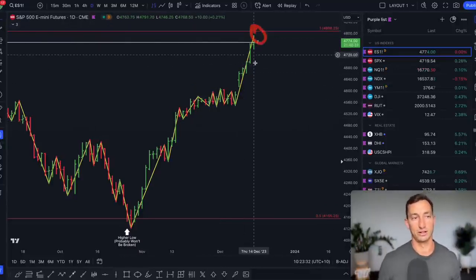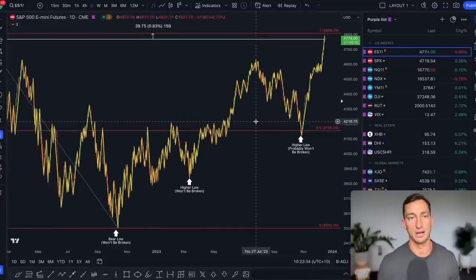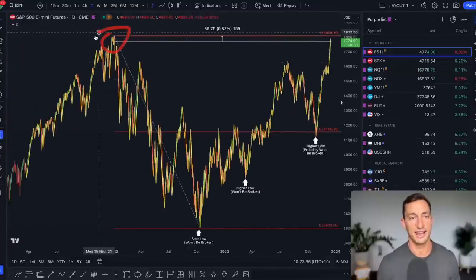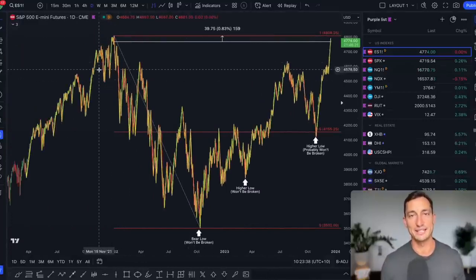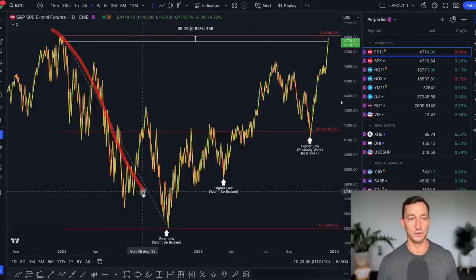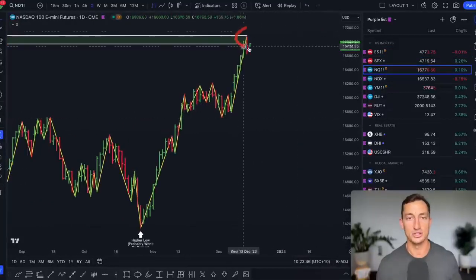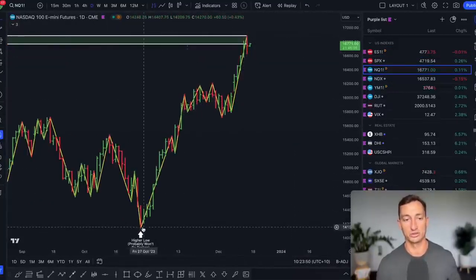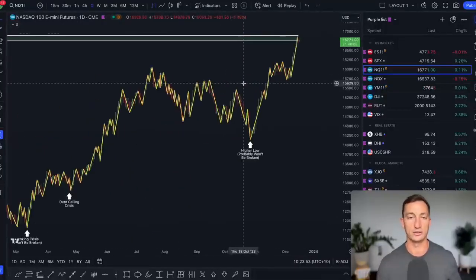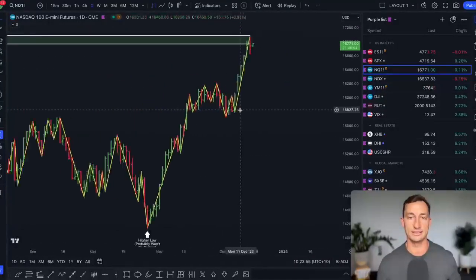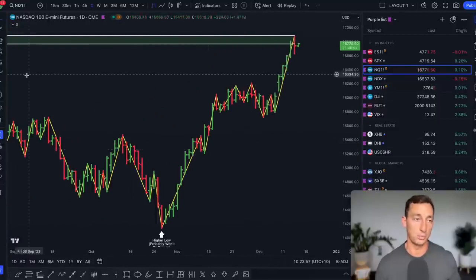We are very, very close to a new all-time high on the S&P 500, and this is basically against what everyone has been waiting for. They're all waiting for their recession, and the market's nearly at new all-time highs. The NASDAQ hit a new all-time high price again, getting a little bit of a pullback here. Remember, we've had a pretty solid streak going from the October lows, so don't be surprised if we see some sort of pause or pullback.